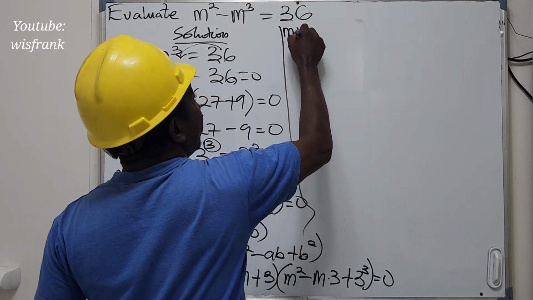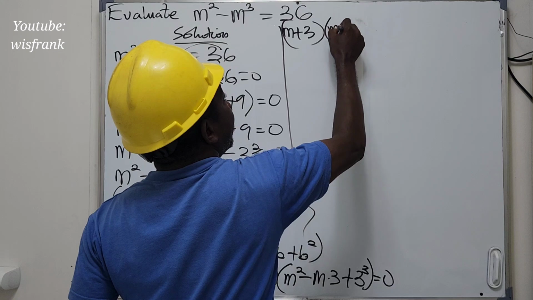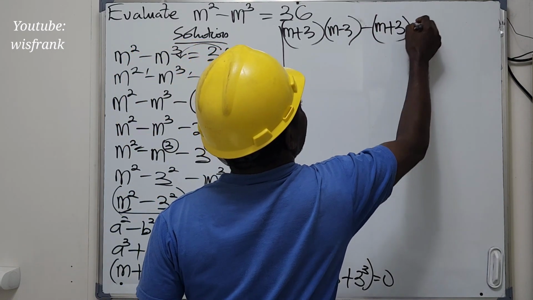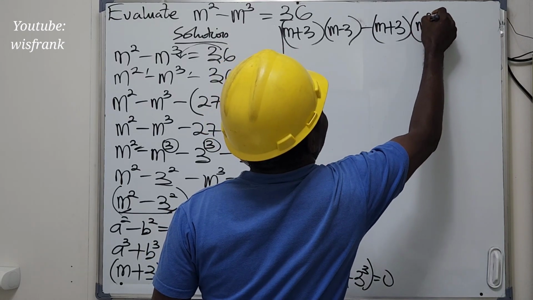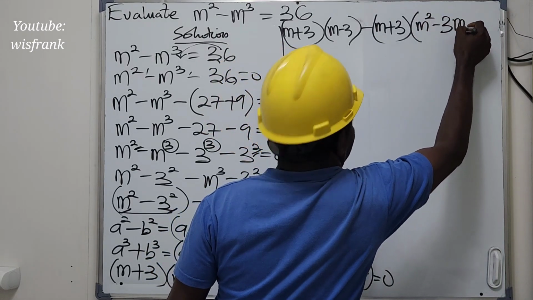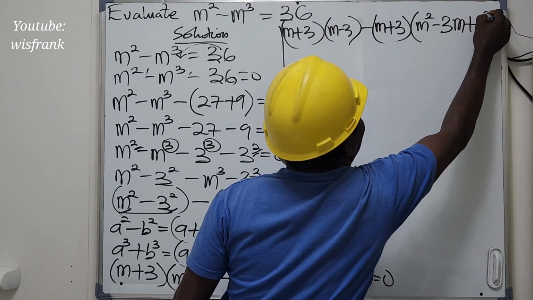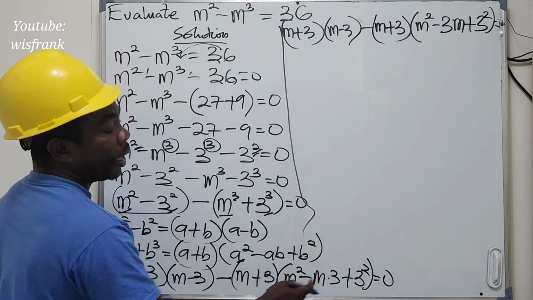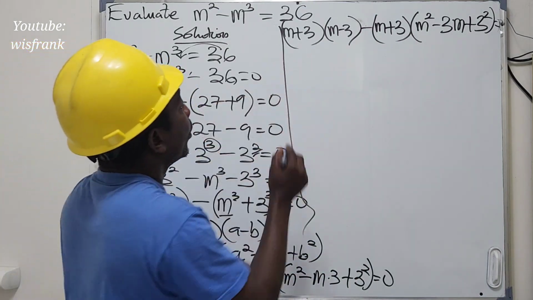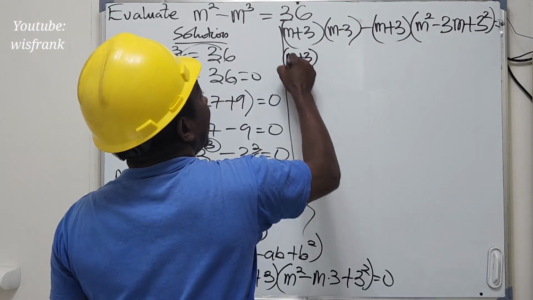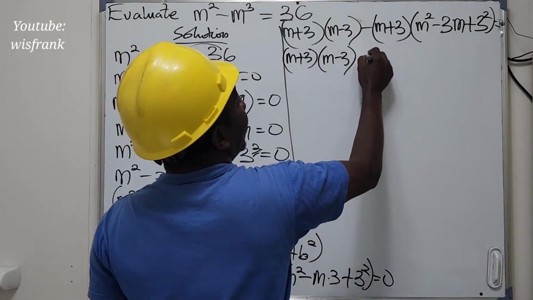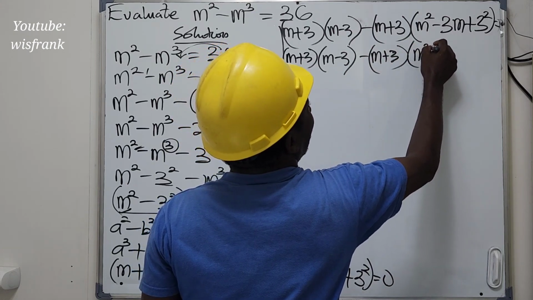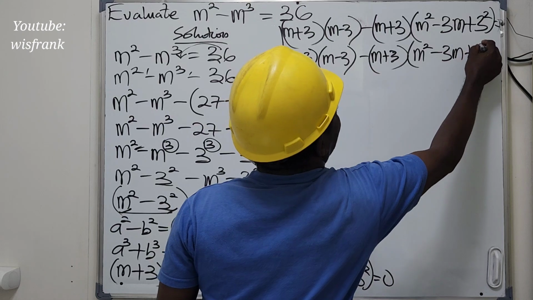So we have m plus 3 into m minus 3, then we have minus m plus 3, then into m to the power of 2, we have minus 3m, then we have plus 3 to the power of 2, all equals to 0. This is to the power of 2 because we have b to the power of 2. So this will give us m plus 3 into m minus 3, minus m plus 3, then into m to the power of 2 minus 3m plus 9, all